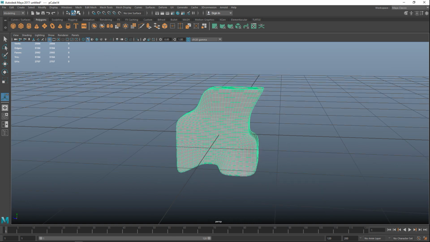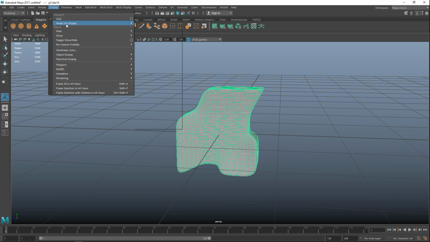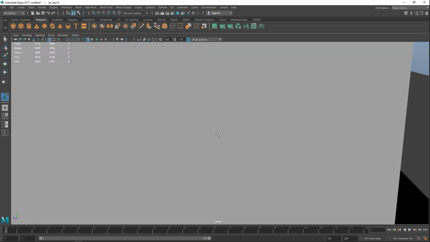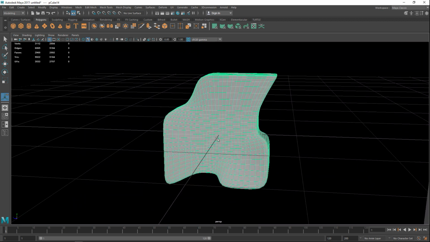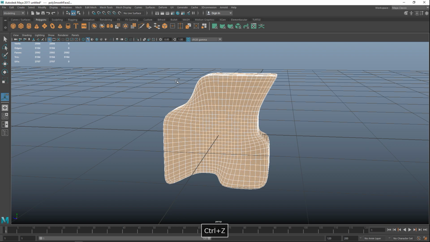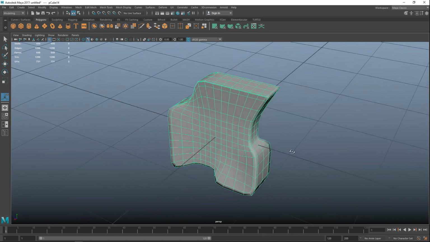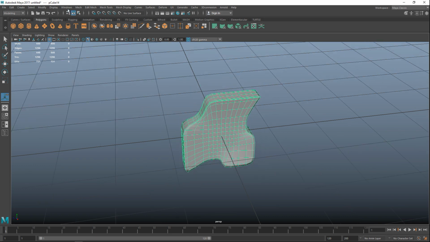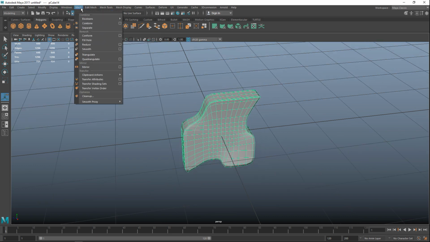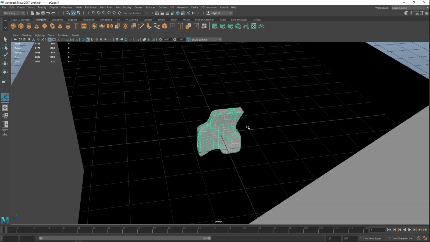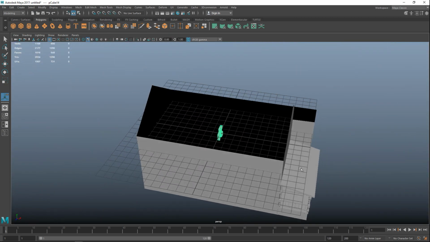Okay, so we're going to go back to, let's see, display and show all. Yeah, it's way too high poly. I can't do that. Let's hit Control Z. We'll do it like that. It's going to be a detail. So okay, we're going to go to display and show all. There we go. We're going to take that thing, we're going to bring that out,